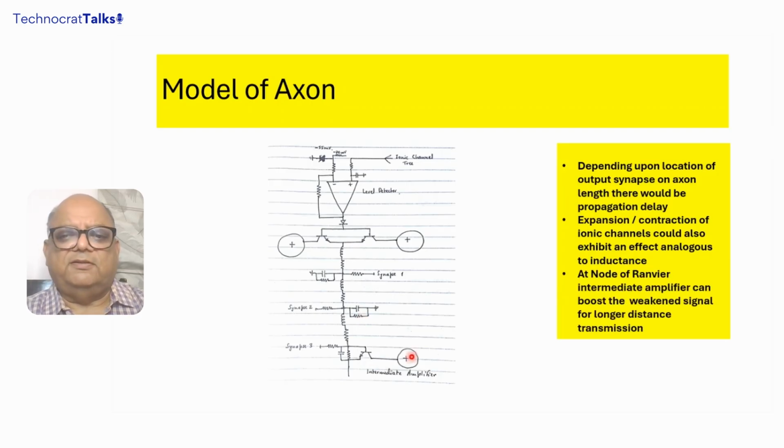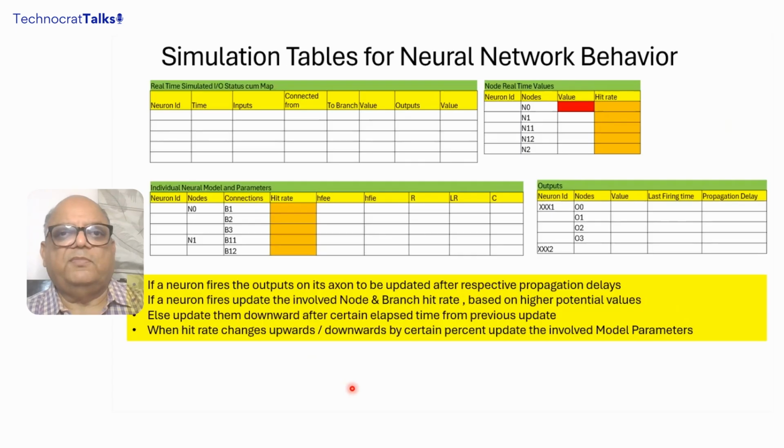At the node of Ranvier, there is an intermediate amplifier which boosts the power from the resource cell and restores the power, so that the same magnitude of action potential propagates further, because otherwise it will go on attenuating. Now, if somebody has to simulate the behavior of interconnected neurons, a neuron ganglia, a neural network, you